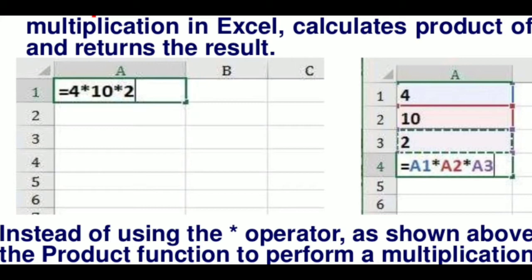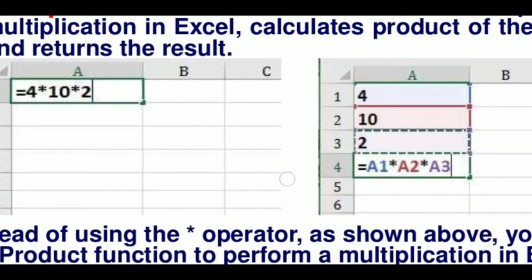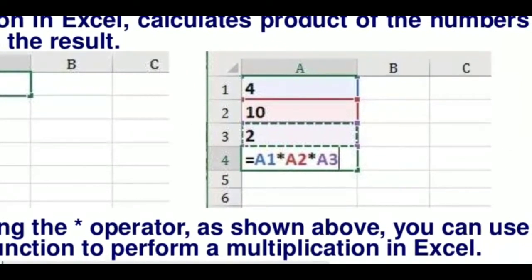Then press enter key, then result will be displayed in place of this formula here. And then we can also use this formula in this way, means write equal to A1 star A2 star A3 and then press enter key. Here the result will be displayed in place of this formula.